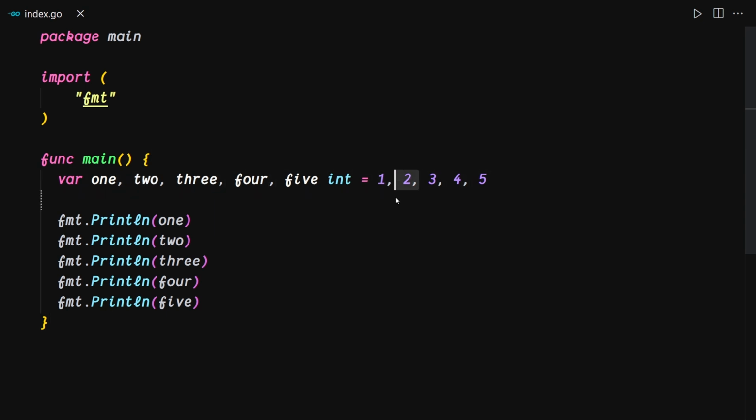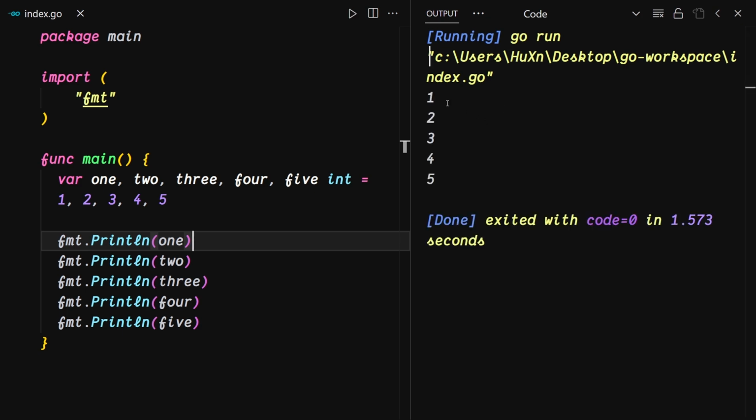Then it's going to take this second value and put it inside this second variable. Then for the third, the fourth and fifth, and all of that. So if I just run my code right here, it's going to give us 1 2 3